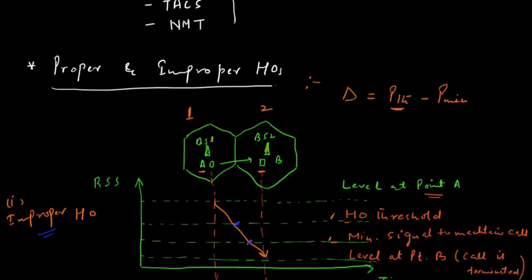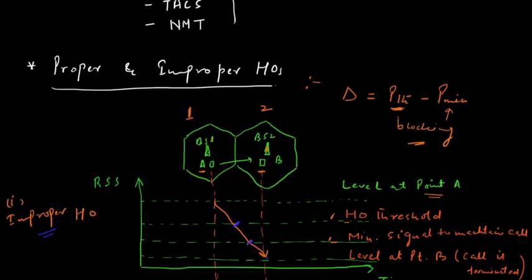If it is too large, then there will be frequent handovers, because this value will be closer to the signal level at point A. So we will experience more frequent handovers, which is not recommended for a system. And also, if this is very small, then this threshold will be closer to P minimum, that is, the minimum signal level to maintain a call. So there is a large probability of call blocking. Okay, then the call blocking probability will be increased. So this is the type of improper handoff and proper handoff.